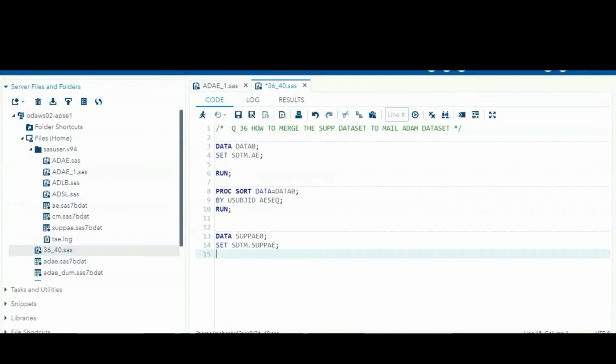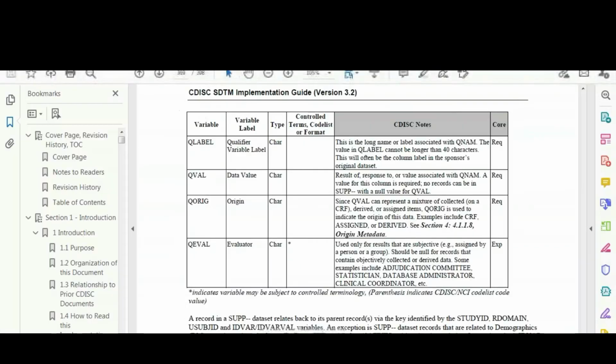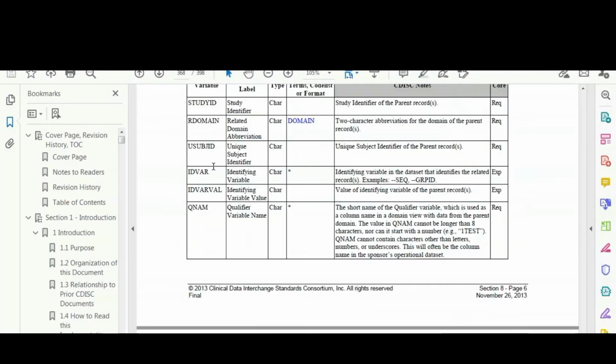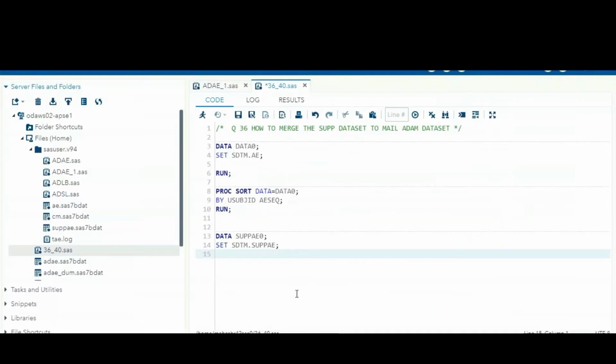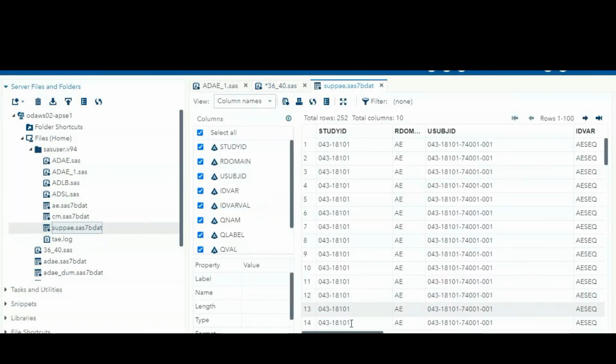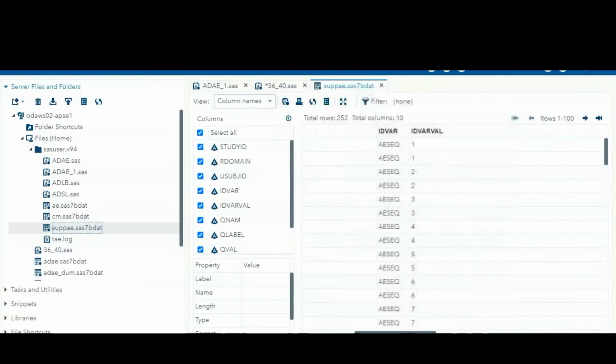Okay, so now we have to create the sequence variable. As per this, we have IDVAR and IDVARVAL there, right? So we have to assign the IDVARVAL variable here. Here you can see the supplementary data set, where IDVARVAL is 1, 2, 3, right? So IDVARVAL is a character variable.